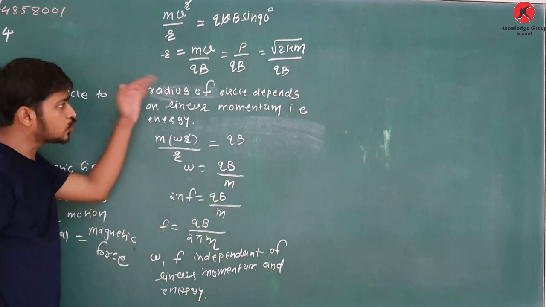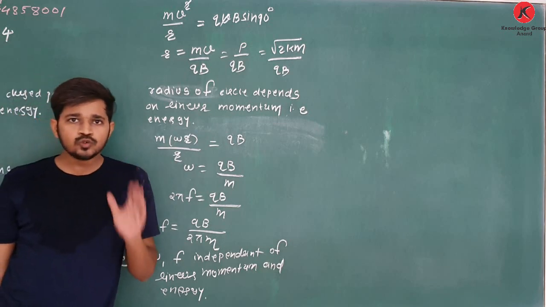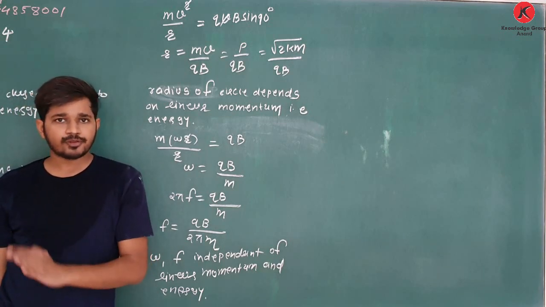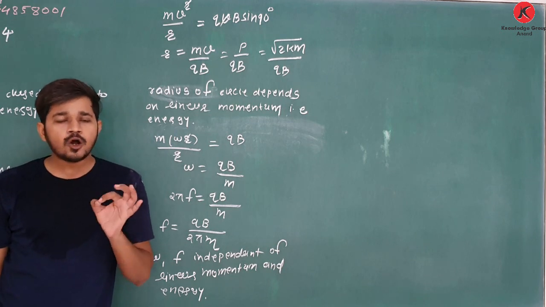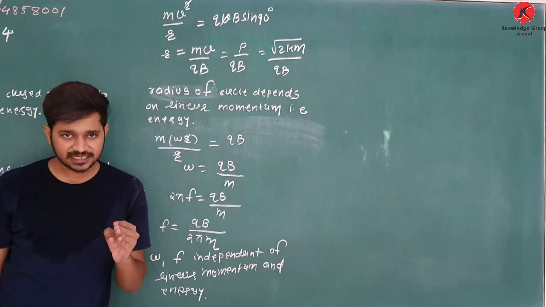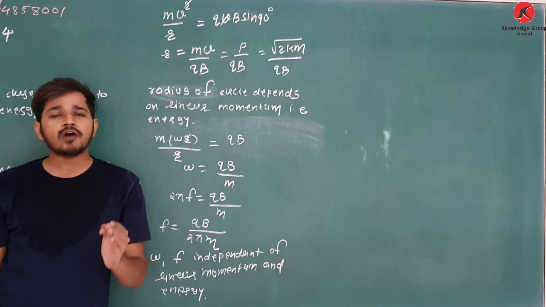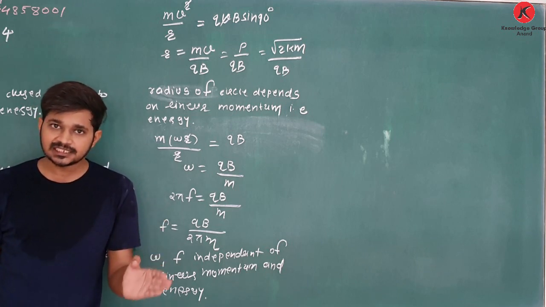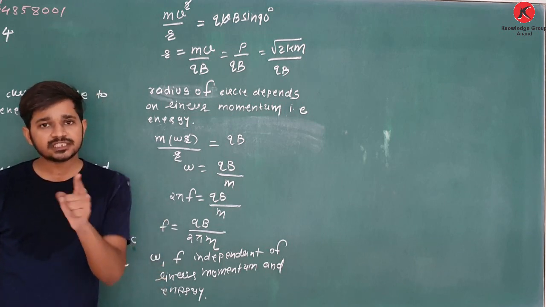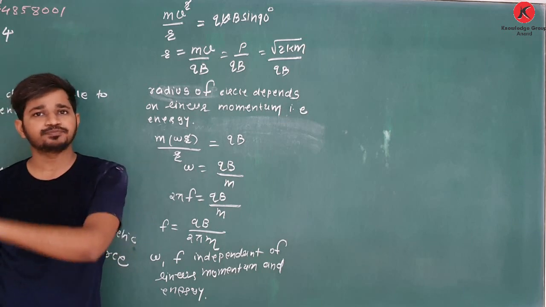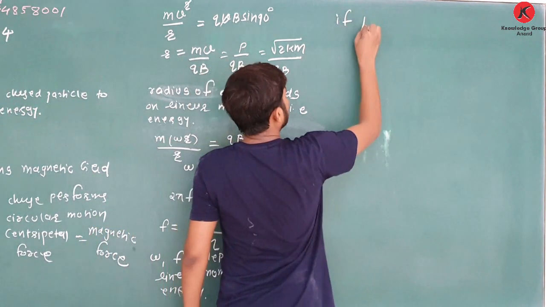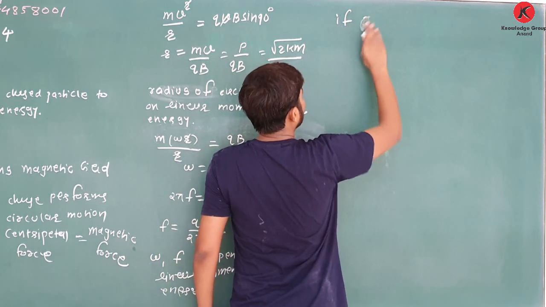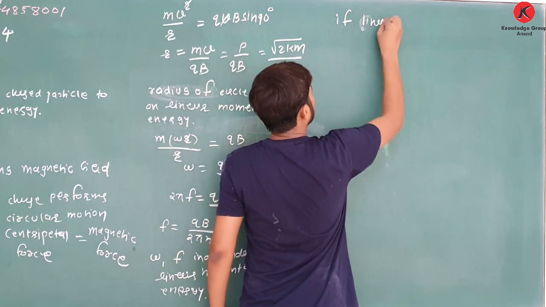So what is the conclusion of this theory? The conclusion is, if the momentum or energy of a charged particle changes, the radius of the circular path changes, but the angular frequency, or frequency, remains the same. Clear about this? Okay, if the linear momentum